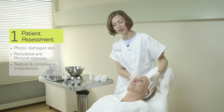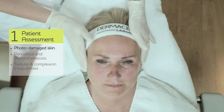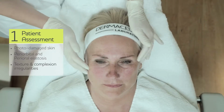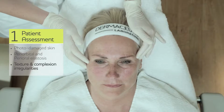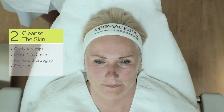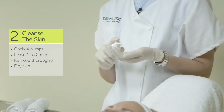This is my patient. She is 57 years old, and we see some moderate signs of photo-damaged skin with some area more affected by the elastosis, especially periorbital and perioral area. So, first we are going to clean the skin with Foamer 15